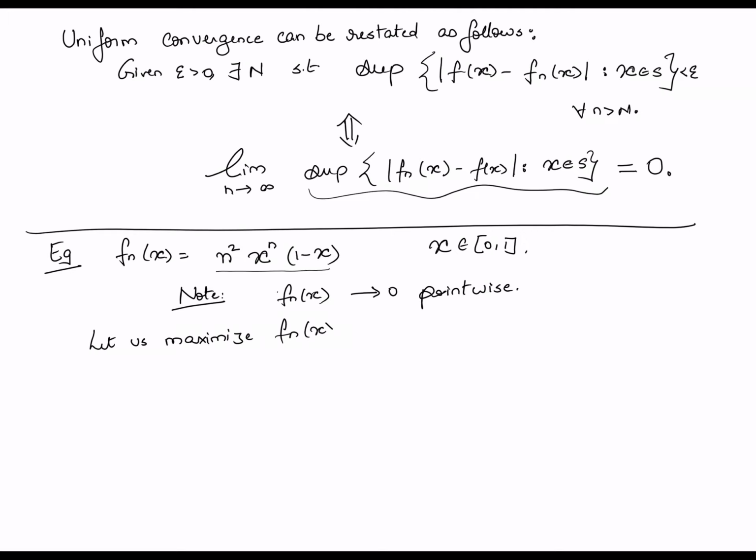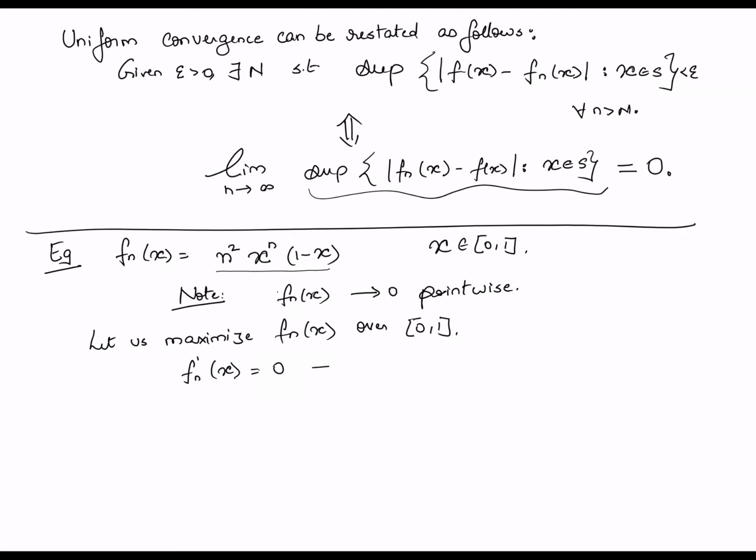f_n(x) over the interval 0 to 1. Okay, and except at the endpoints, note that the function is positive. So it is going to have a maximum. Clearly, it's a continuous function, it's going to have a maximum. Now, since it's going to have a maximum, we know that the derivative at that point is going to be 0 because the function is also differentiable, right? So therefore, one way of looking for that maximum is in fact to simply set the derivative of f_n to